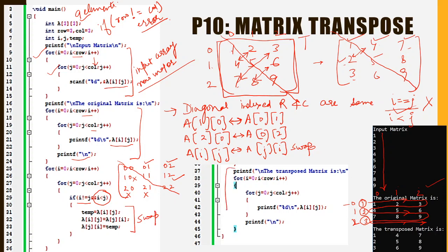The transpose matrix can be printed like this, as we have done with the remaining matrices. And this is the transpose matrix. You can see that 1, 5, 9 have not changed, and only this 4 is exchanged. This 2 is exchanged with 4, so this is 4 2. Their exchange happens, and this exchange happens, and this exchange happens. So these exchanges happen, and this was the process of matrix transpose.